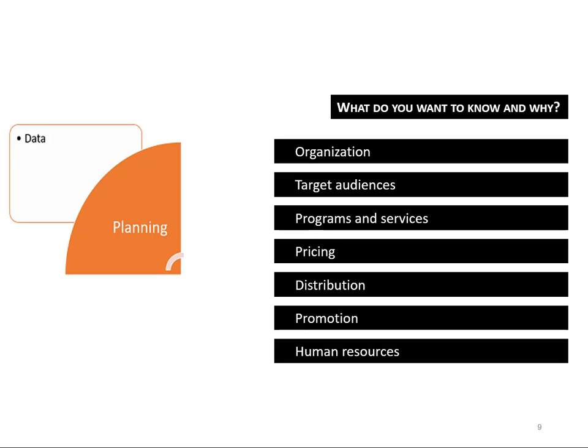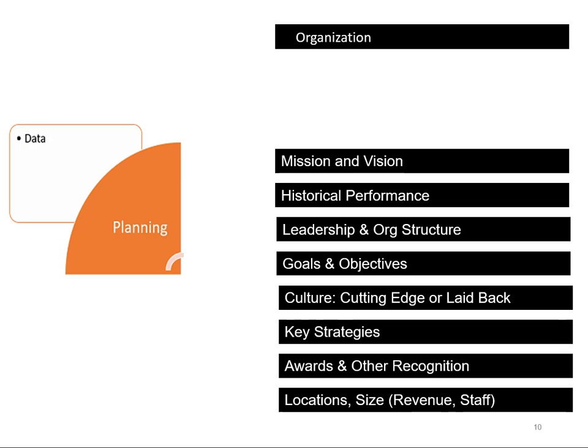But what I like to look at is who the organization is and what it's all about, who their target audiences are, what programs, products, and services they have, what's their pricing strategy, their distribution, and their promotional strategy, and even HR. I'll get into that in a little bit. This one tends to surprise an awful lot of folks, but it's pretty valuable. When looking at the organization, I find it's critical to gather information about the mission and the vision statement and their historical performance, so you know what they're about, where they're going, where they see success, and how they have actually performed in the near past.